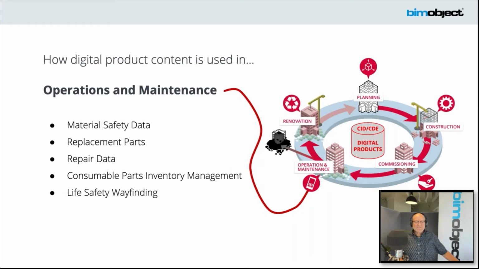Life safety wayfinding. This is another one that we're seeing that ties in with the smart cities. One of the reasons that they're asking for these digital models, even tied in with the fire sensing systems, is they want to be able to direct a fire crew to a specific area in a specific building if there is an emergency situation, and then they have that material. They know what material is in there, what kind of hazards they may be walking into. Not only that, finding their way through it.